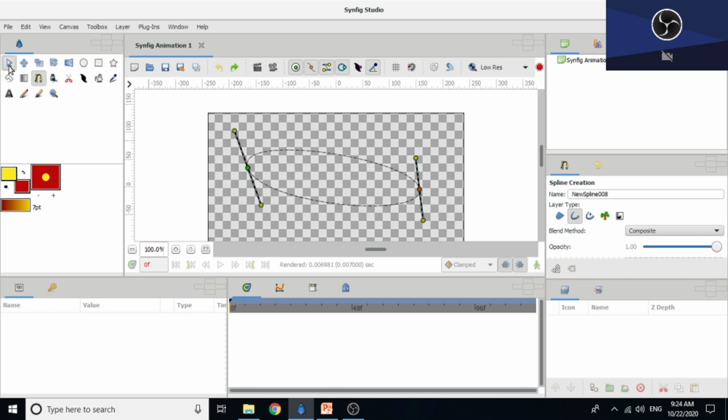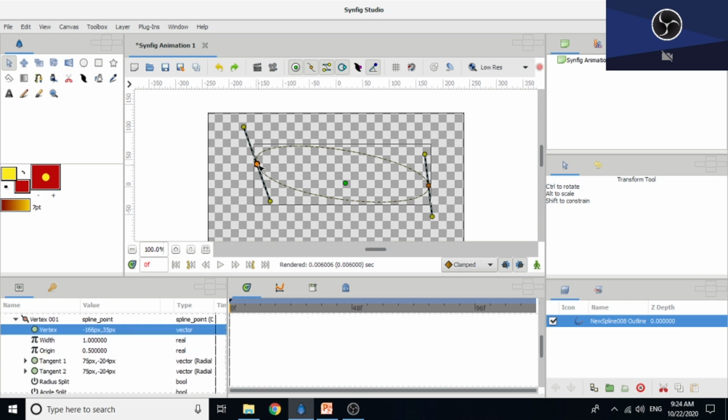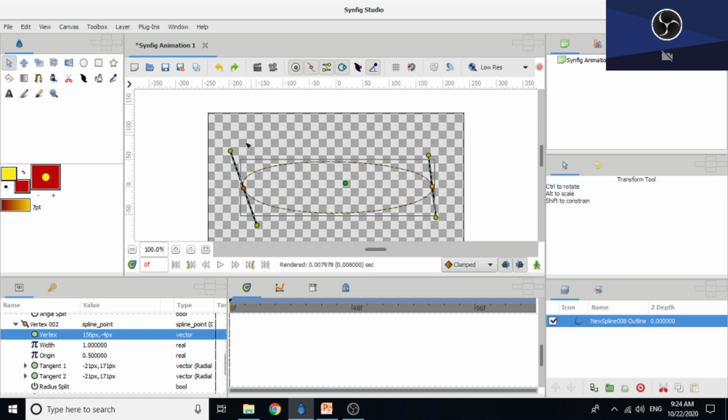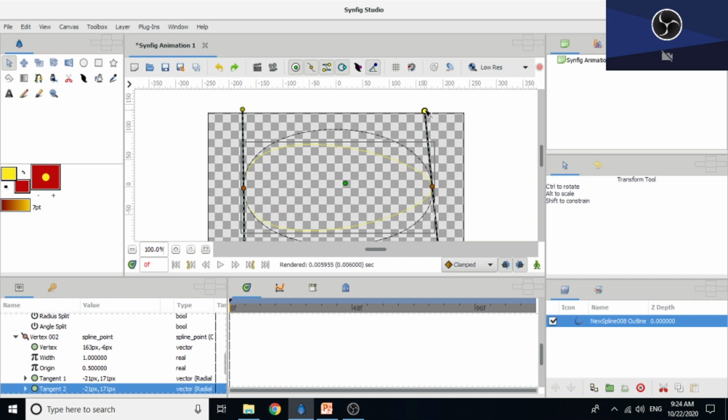Now click on the transform tool and adjust the path that we have created. So the path is ready.